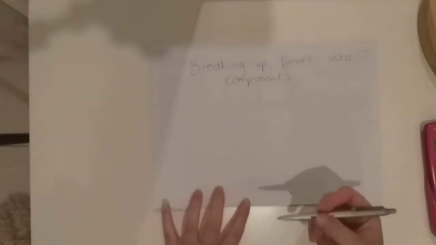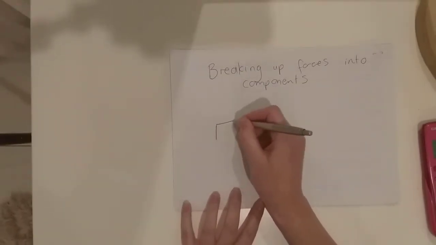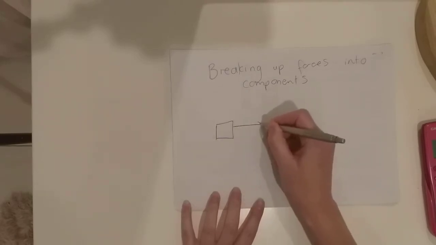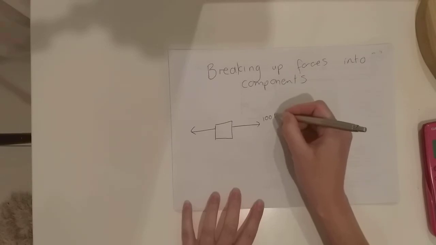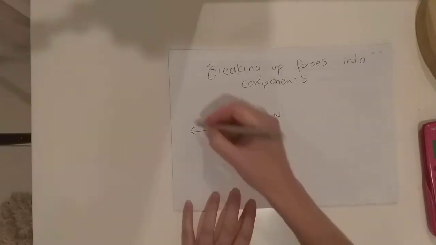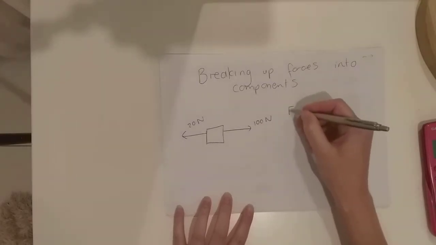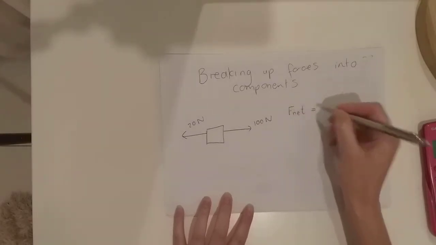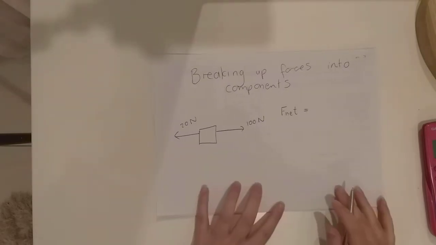This video is dealing with how to break forces into their components. So let's maybe start with the force just acting horizontally. If you had a force of 100 newtons, someone pulling a box with a force of 100 newtons, and someone pulling with 20 newtons there, to work out your net force, or your overall force, your total resultant, they're all basically the same thing,